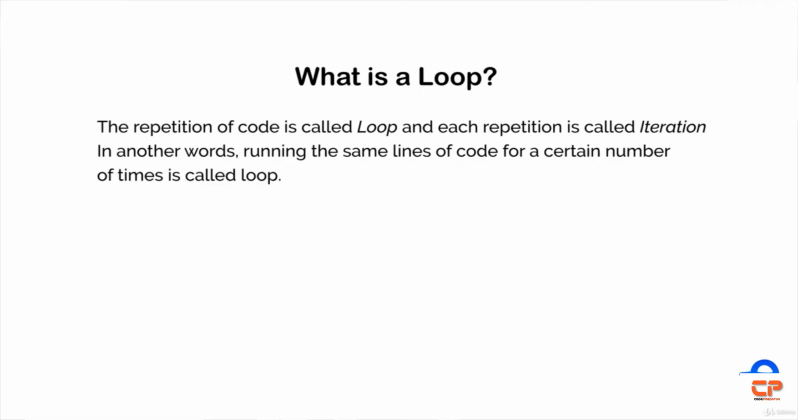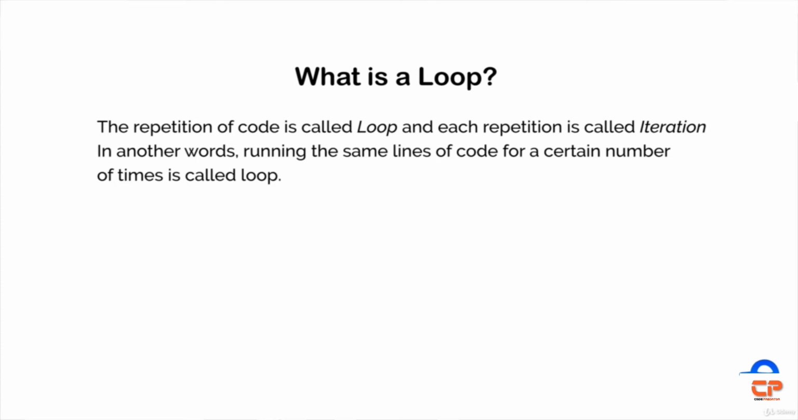This repetition of code is called loop, and each repetition is called iteration. In other words, running the same lines of code for a multiple number of times is called loops. In this case, you will be running the console log statement 100 times, so the loop will have 100 iterations. Because as I mentioned earlier, every time the loop is run or every time those statements are executed, it's called